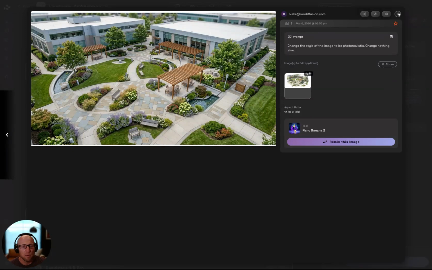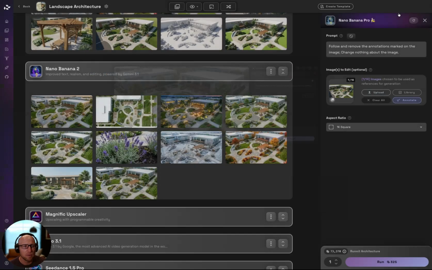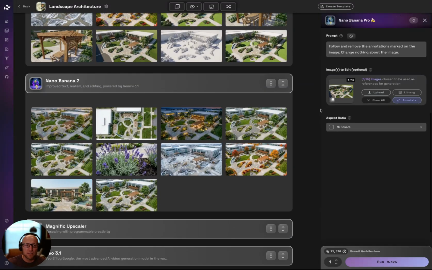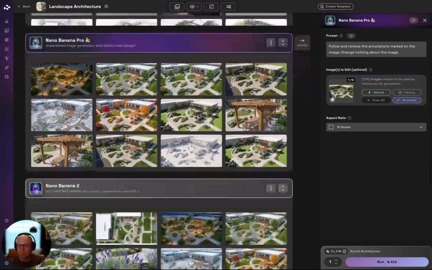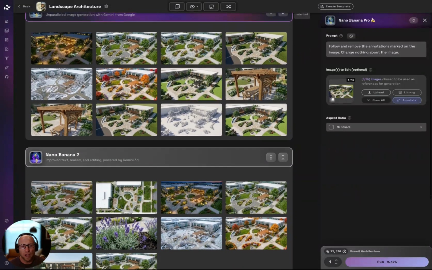And so I would prefer this one over Nano Banana Pro. What's nice about our platform is all the AI models are brought into a single ecosystem, whether you're using OpenAI or ChatGPT or Flux or Magnifique, whatever it might be. We bring all those different disparate tools under a single commercial license as a governance layer where you can manage budgets, you can manage team workflows, and of course you have one UI that you can use